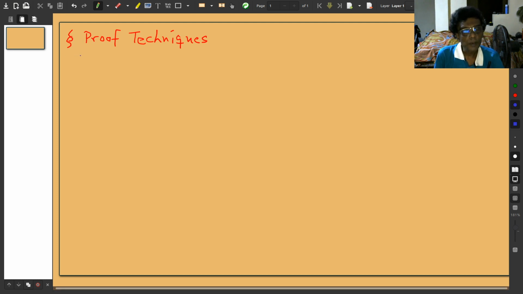So we will today study a few general proof paradigms. In later classes, we will look at some specific things like induction, pigeonhole principle, invariance and other stuff. So today, I just mentioned some ways of proving things, and I will explain everything using simple examples. So first, let me start with the concept of